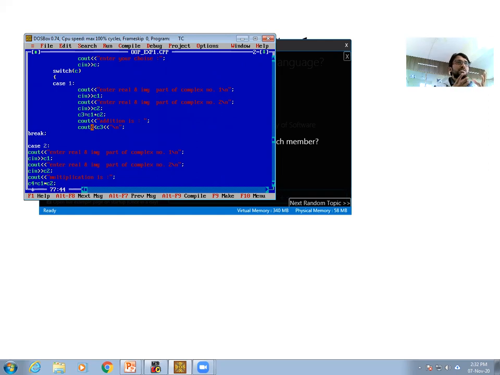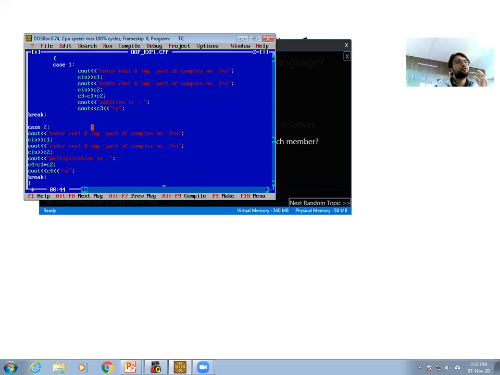In case 1, we enter the real and imaginary parts of the complex numbers. We have two numbers, and each has two parts: the first is real, the second is imaginary. Both numbers' real and imaginary parts are added with the help of case number 1.